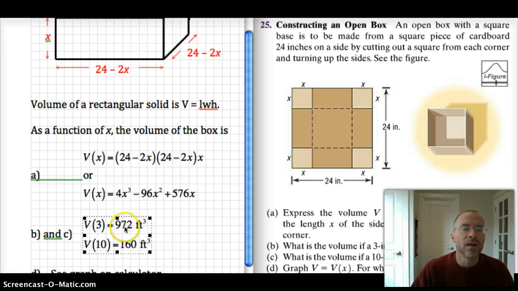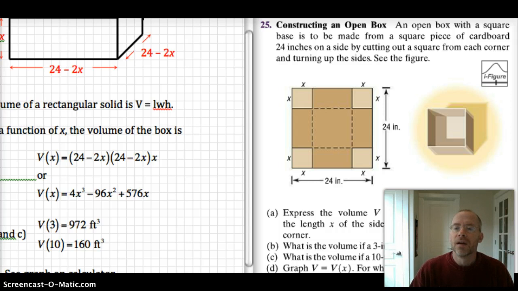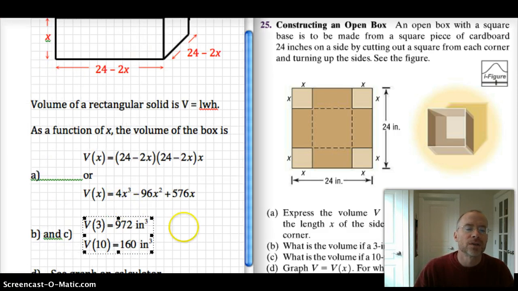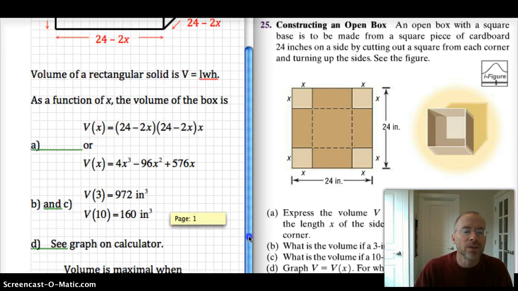Wonder if I can get in here and edit this while I'm at it. Inch, inch. There we go. As I was saying, they should be cubic inches, right? Inches times inches times inches for a volume. All right, then proceeding down here,